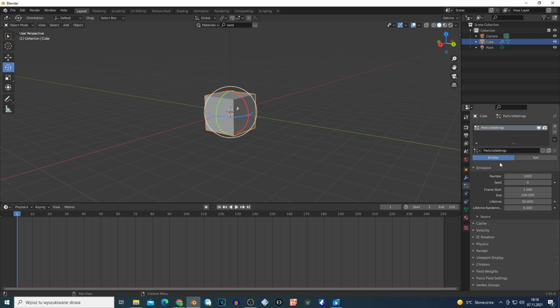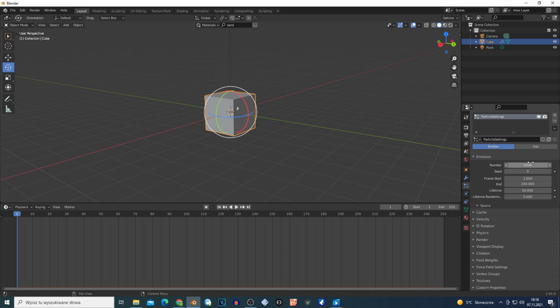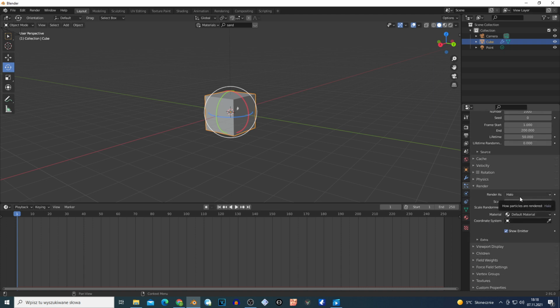Basically, we can choose this or here. I'm gonna show you right here. We have the number of particles. You can adjust right here whatever you want. And on the render right here, we must choose path. Okay, so choose path,